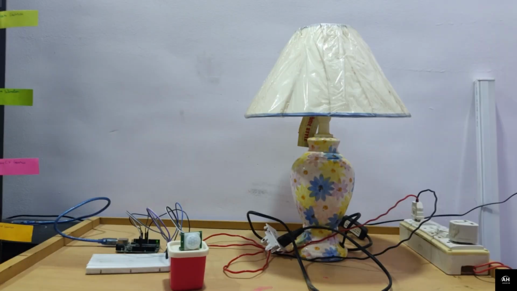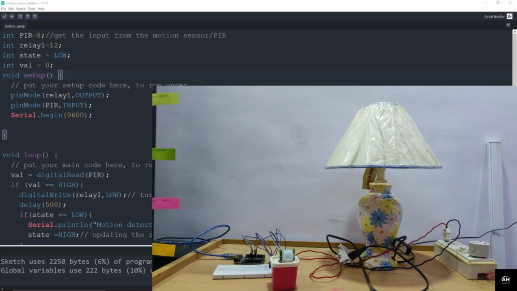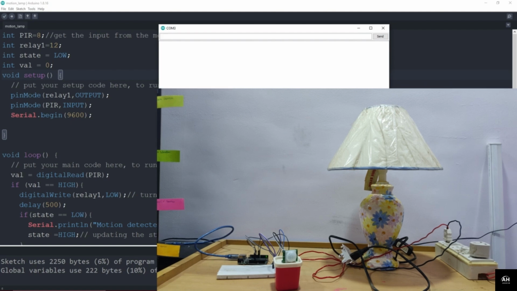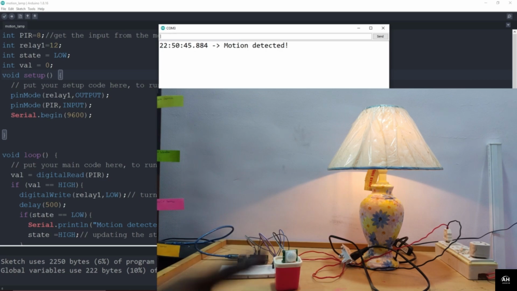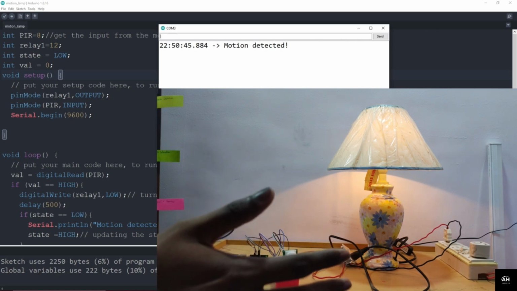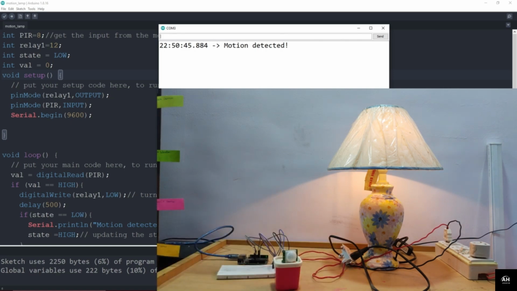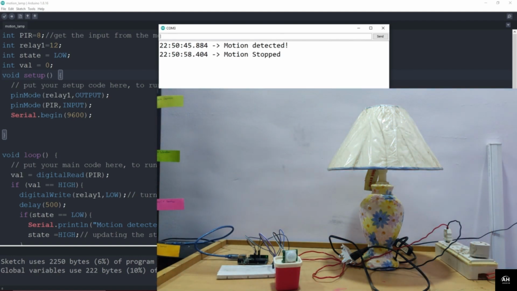So finally I have connected the lamp with our smart socket and placed the PIR motion sensor on a box, so you can see on the screen, and I will just move my hand in front of it and it should turn on the lamp. So first of all, I will open the serial monitor in here, and I will put my hand in front of the PIR sensor and it should turn on the lamp for us. So let's see, and you can see I'm waving my hand in front of it and it has turned on the lamp for us. If I remove my hand from there, it should turn off the lamp, and if there is no motion for 5 seconds, it will turn off the lamp. And you can see on the screen it is working perfectly fine,